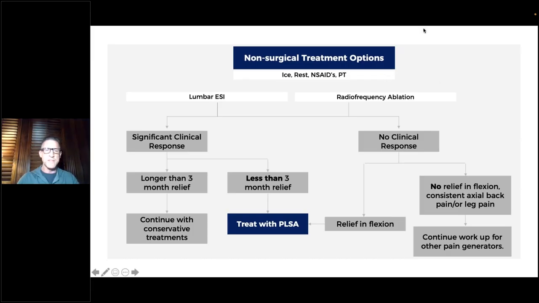So if you're an algorithm-based practice, maybe you have nurse practitioners or PAs, and you want to start thinking about how we funnel these patients to the surgery OR setting, look at this. People that have had radiofrequency ablations and continue to get relief, well, that's a reasonable treatment. And there is a little bit of overlap with those two patients, because typically when you have facet-mediated pain in the lumbar spine, they're going to get relief from flexion, and that is common to this. But the story is way different. We're going to talk about that in just a second.